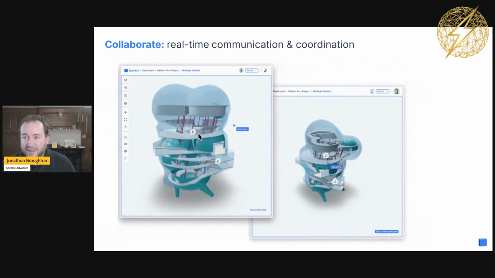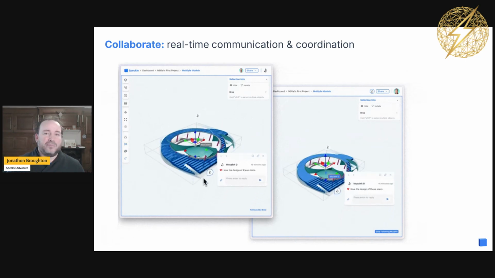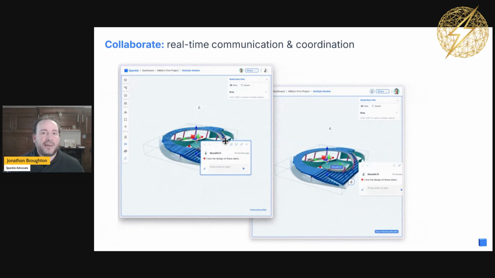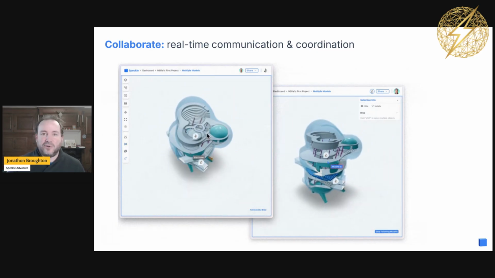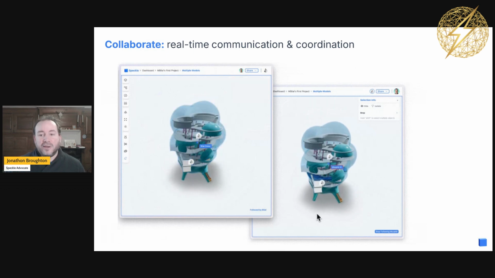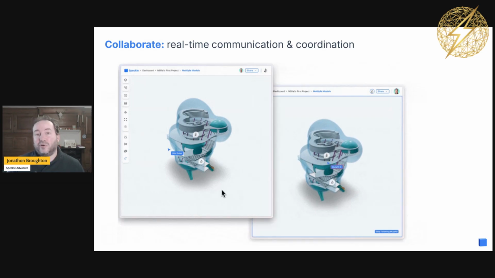So collaborate, meaning what you have here is 2 different browser windows. Again, these could be on different sides of the world, but there's an experience that many people now are seeing in applications and then expecting in other applications. So whether you're using Figma or Miro or Google Docs, being able to see what the other person is seeing is crucial for a conversation.